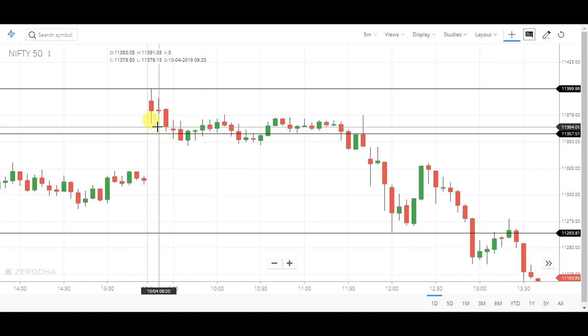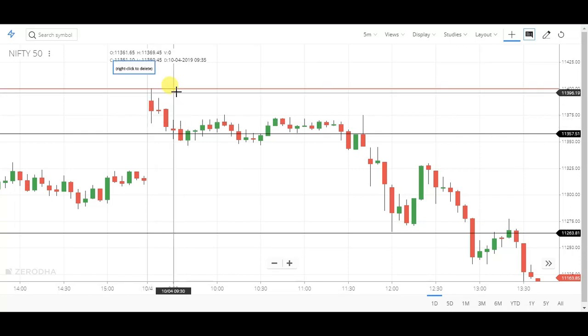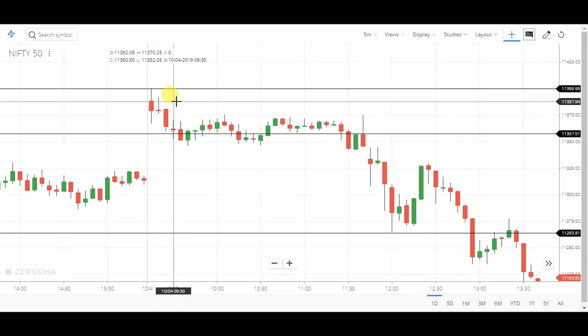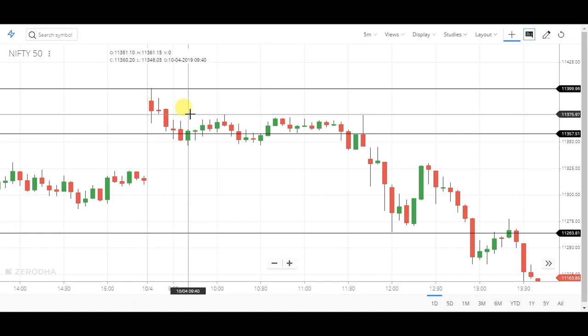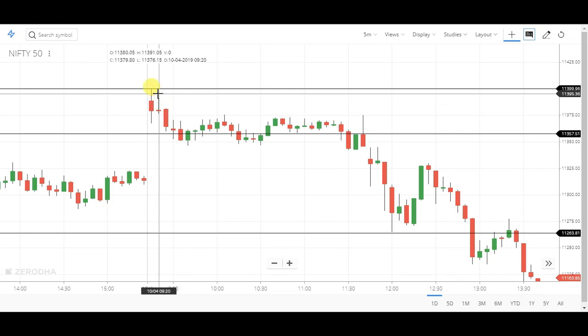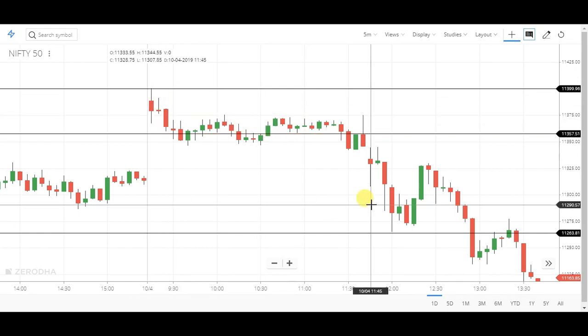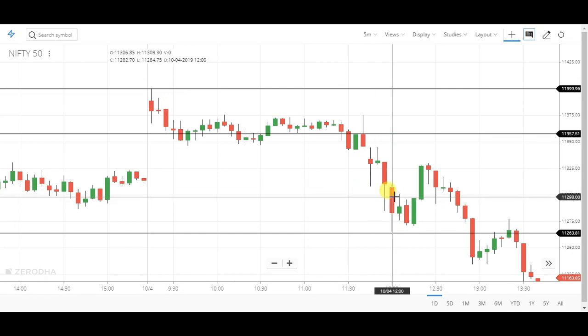As we discussed yesterday, 11,400 is going to be a very strong resistance for Nifty. In the first 5 minute candle, Nifty made today's high at around 11,399, almost 11,400. Nifty faced the resistance and finally started the downfall. In the 5 minute candle of 12 o'clock, Nifty made a low of around